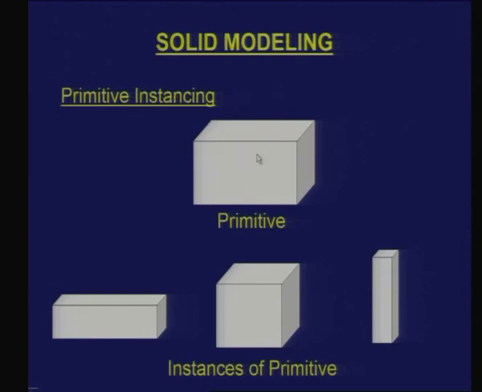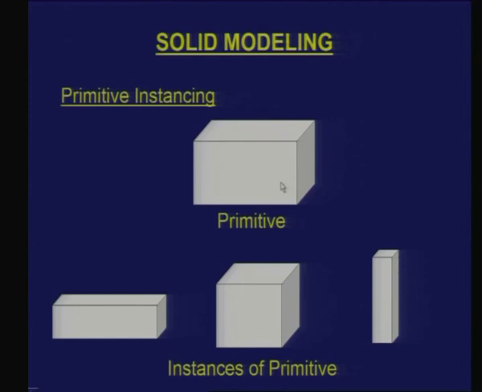As far as size is concerned, variations are allowed. As far as shape is concerned, it has a fixed shape. So this is a primitive which is stored in the library. Using this as a primitive, I can construct any of these things. They are all instances of the same primitive. Once I have a primitive like this, I need not have other primitives which are just variations in terms of sizes. Take an example of a primitive like this, which is a rectangular parallelepiped or cuboid.